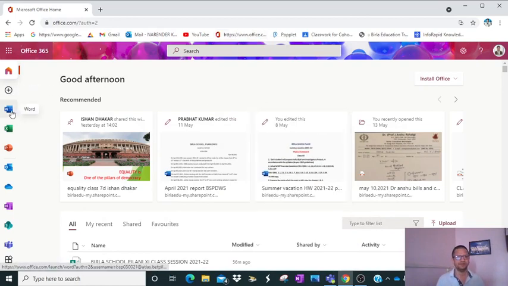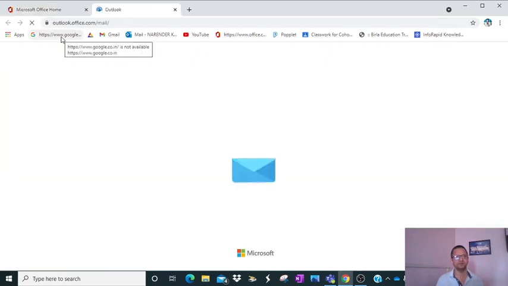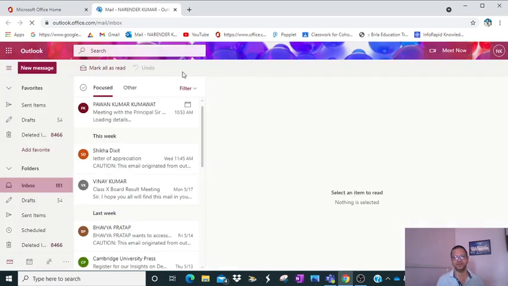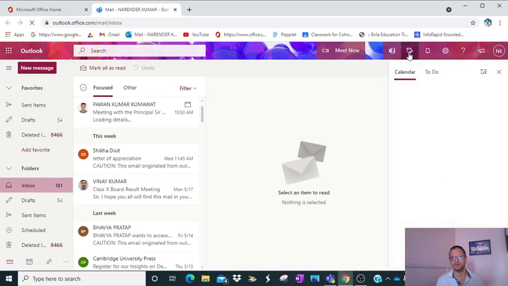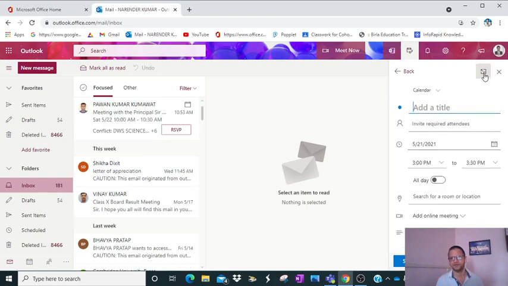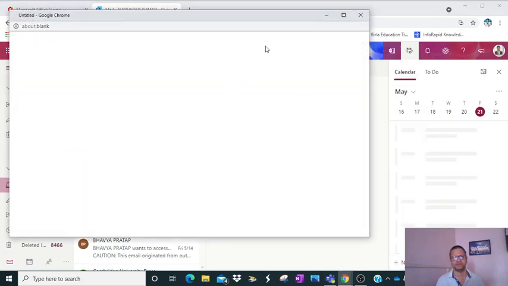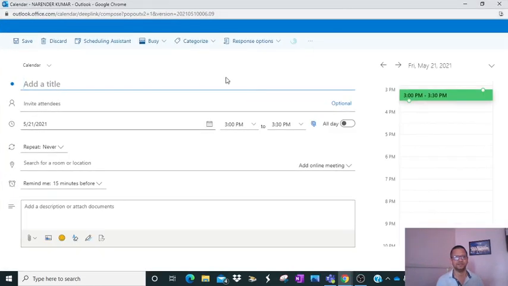Hello everyone, today we are going to learn how to create a schedule for multiple channels. So for this, open office.com and open the Outlook email which you are receiving continuously, and then click on the calendar on the right top corner, where you will see, at the bottom, new event. Click on the new event. You will see an option to open it in a separate window also. Now when you open this in a separate window, all the things are visible and very clear.